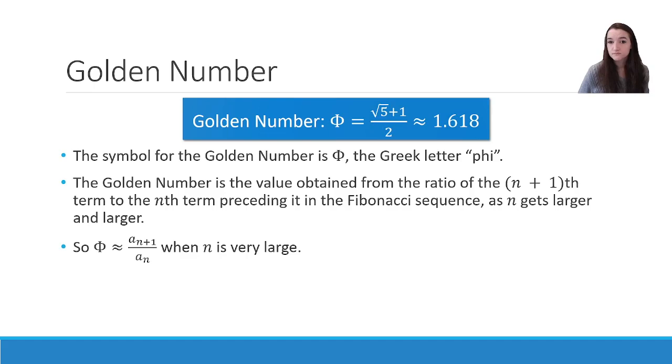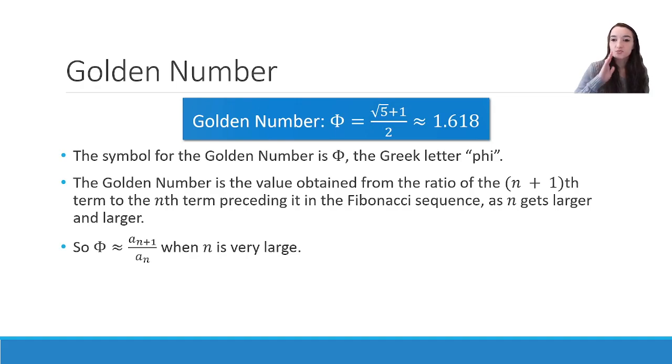So the golden number, also called phi, is equal to the square root of 5 plus 1 over 2, which is approximately 1.618. So the golden number, which we write as this symbol phi, it's a Greek letter, or phi, depending on how you feel like pronouncing it. The golden number is the value obtained from the ratio of one term to the preceding term in the Fibonacci sequence,